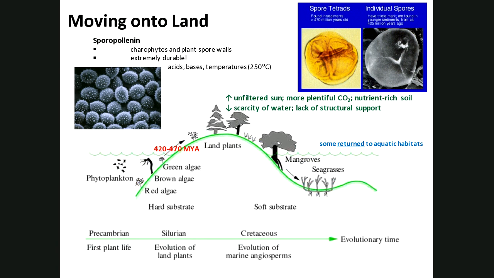So when it comes to the plants, that's a little bit more difficult because plants can't move. Once you move out on the land, if you're a plant, you're going to have to stay there. You can't pick up and move back to the water to lay eggs, to raise junior, right? So what these charophytes that moved out on the land had to be able to do was make very durable spore walls.